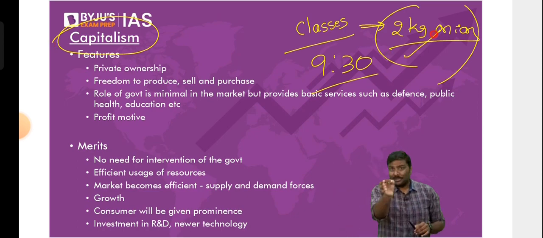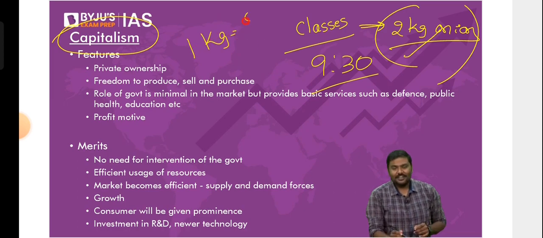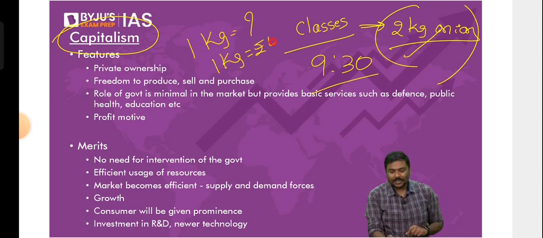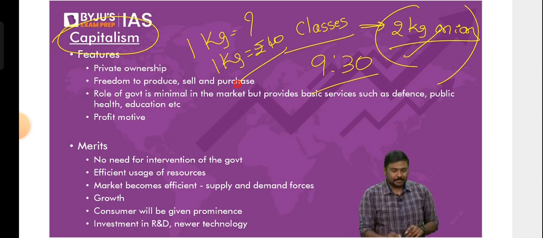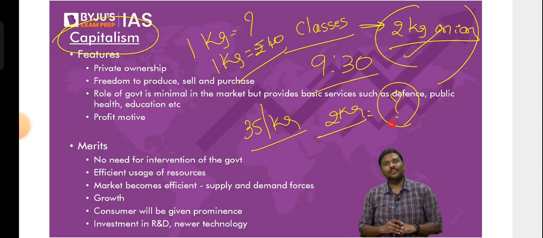For example, in this case itself, your mother would have taught you like this. If you go to the market, let's say to a vegetable vendor, you ask how much for 1 kg? And if the vegetable seller says 1 kg of onion is 40 rupees, the first lesson your mother would have taught you in negotiating is to ask, I will take 1 kg, will you give it at 35 rupees? Or ask, I want to take 2 kgs, what is the price? How much discount will you give me? This is a negotiation tactic.